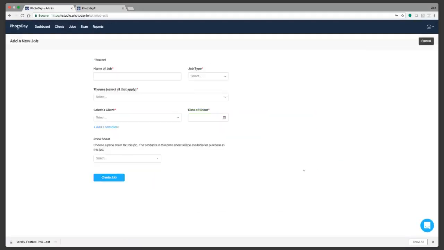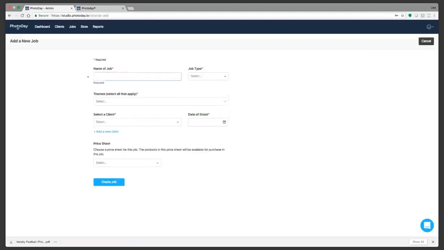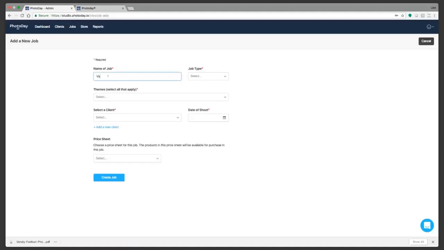And now it's time to set up my first job. So the first job here, I'm going to name this, I don't know, varsity cheer. It's a sports job right now. The only thing this does right now between sports and events is it changes the little icon on the gallery screen that the parent sees when they go to the access. I think the sports is like a whistle and the events is like a party thing. So